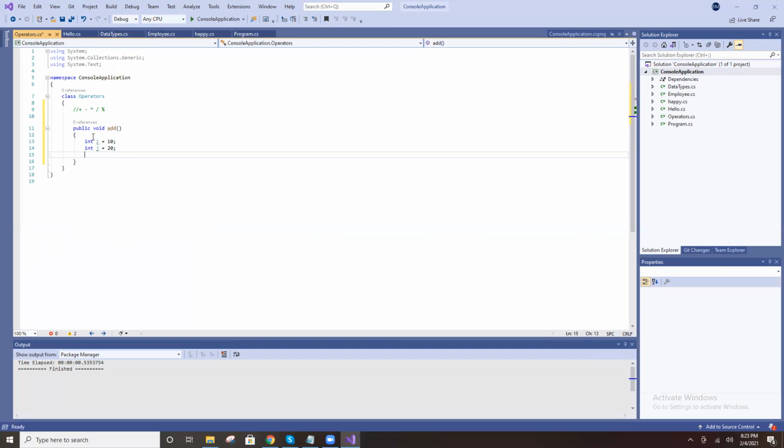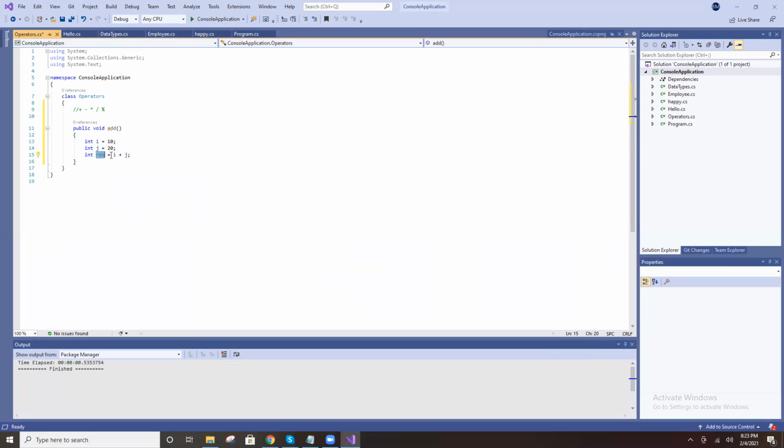These are integers. Now int res equal to i plus j, for addition. What is the i plus j value? 10 plus 20 is 30. 30 will be assigned to res.